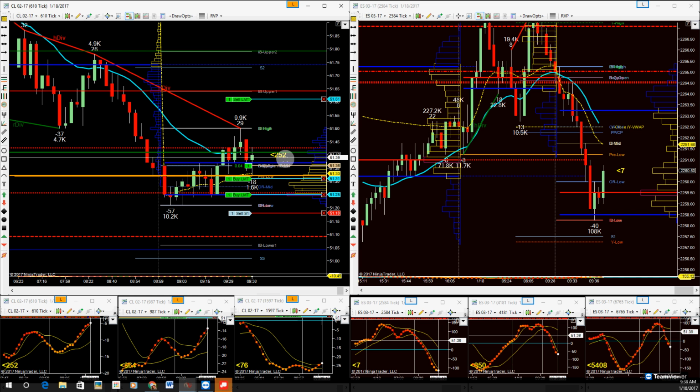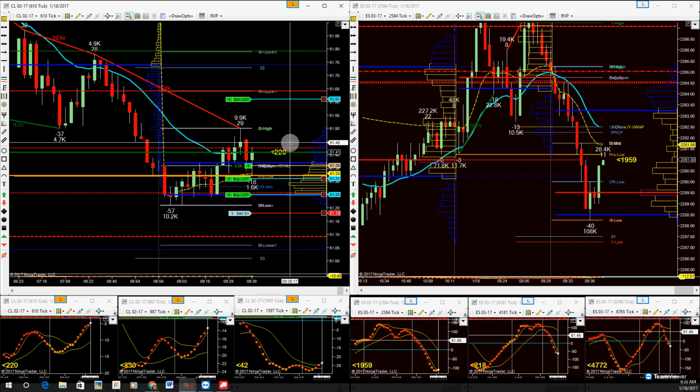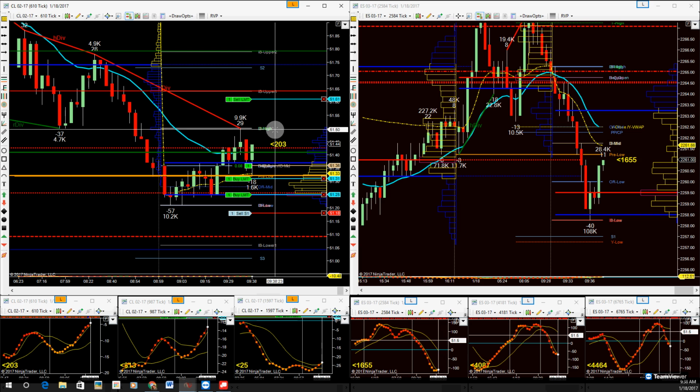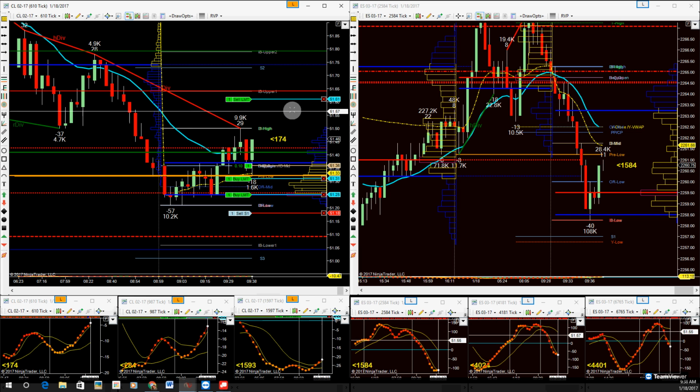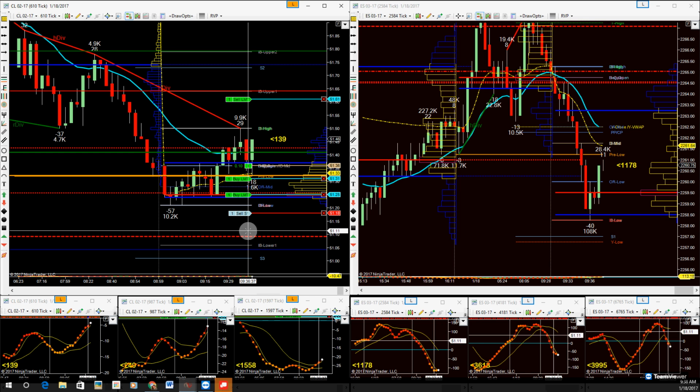So what I'd like to do in this case, I'm still willing to scale in. I still have divergence. Everything is what I want to see right now. But when we move, I'm much more interested in, well, not are we just going to get to high of day? I have no negative divergence to tell me we're going to stop at high of day. So I'm looking at this one as one that I'm going to try to get to a level. I'm going to get a few ticks. I'm 3 ticks ahead of this level, arbitrary number. So here's our 10-tick